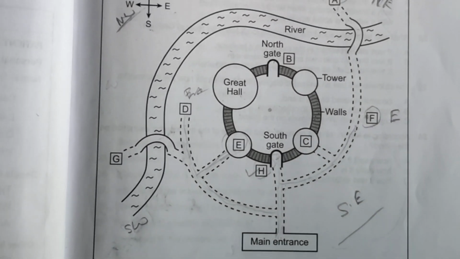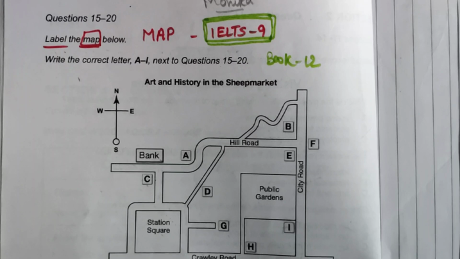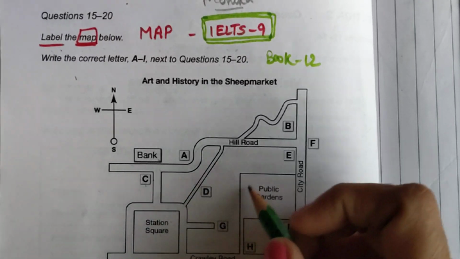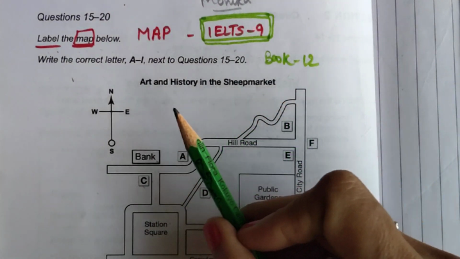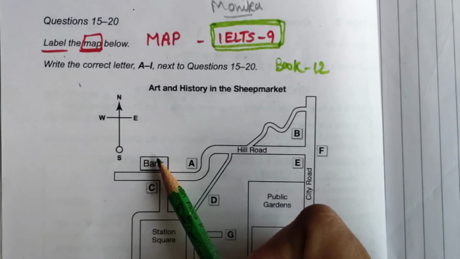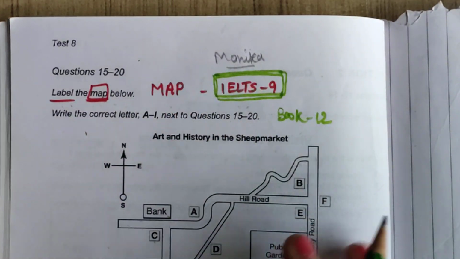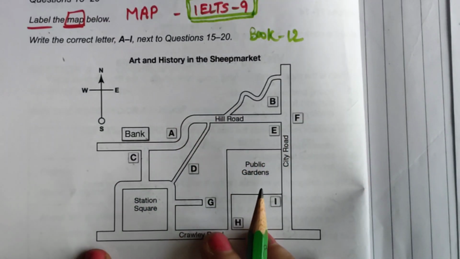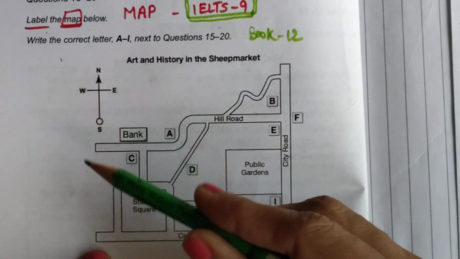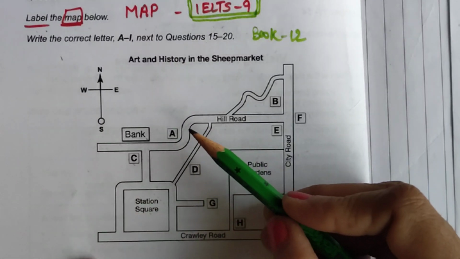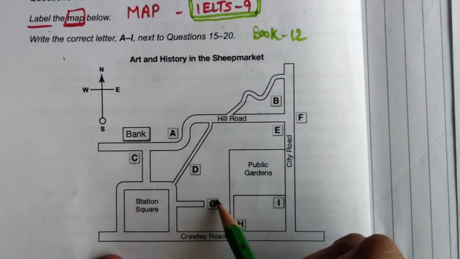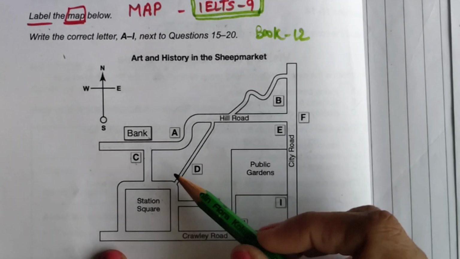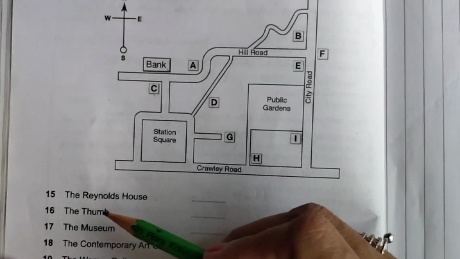Okay. So next map. Now coming to the next book, that is book number 12 and test number 8. Okay, you can see this test number 8, and here also we have some diagram, map activity. Label the map below. Of course, when the speaker says you have some time to look at the questions from 15 to 20,